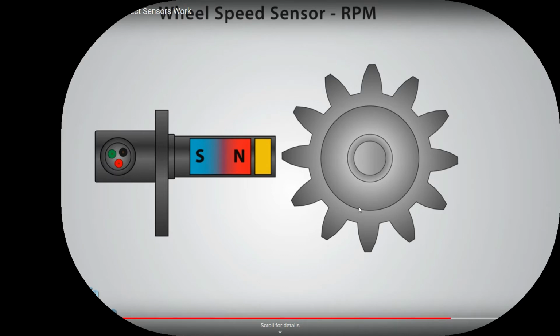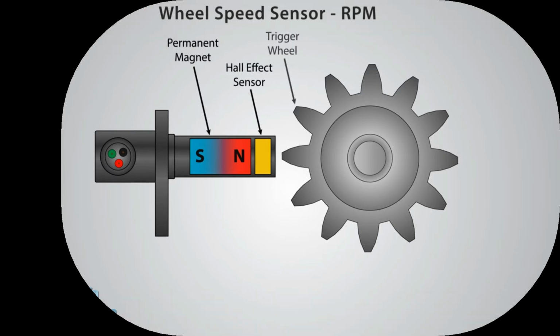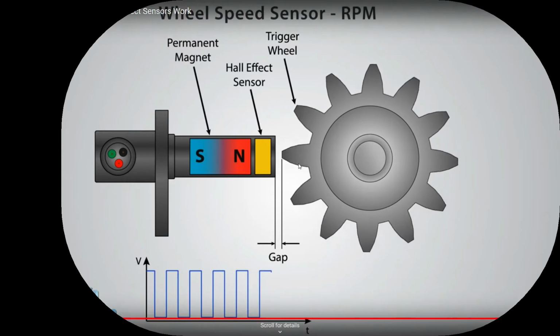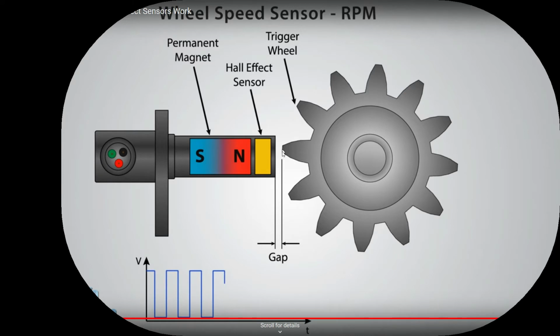For example, this one as a wheel speed, I want to measure its RPM, rotations per minute. Just put my Hall effect sensor here, and behind it there is a permanent magnet and a magnetic field. What happens? The trigger wheel will move. Of course, there is a gap between the wheel and this sensor. And when the tips of the trigger wheel come